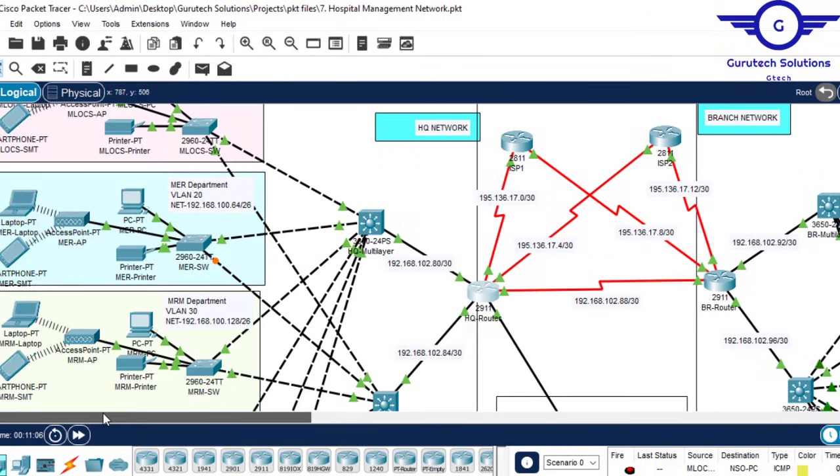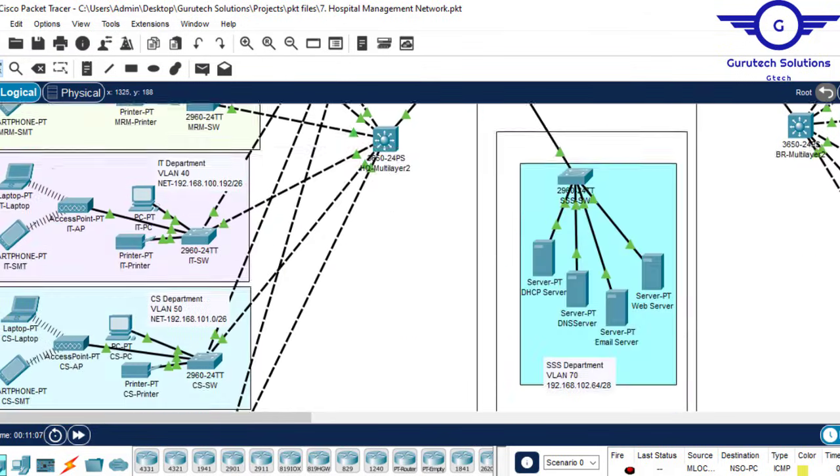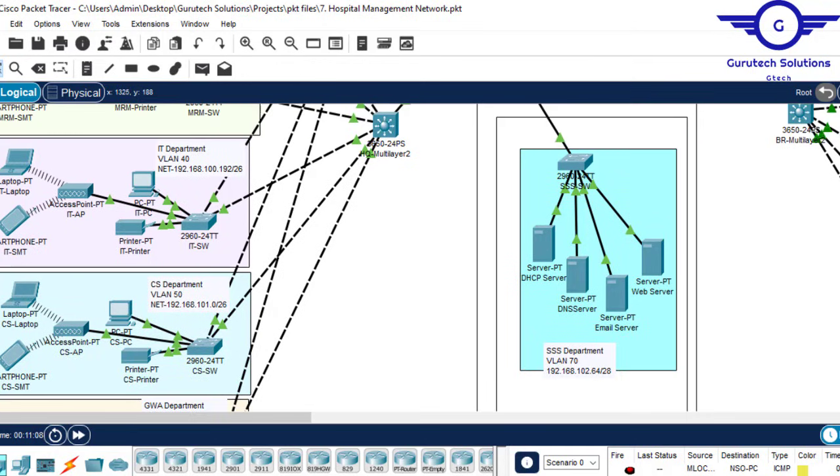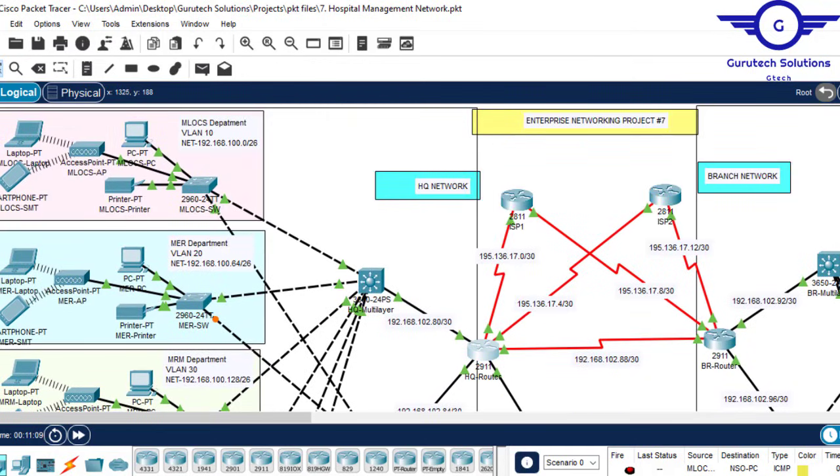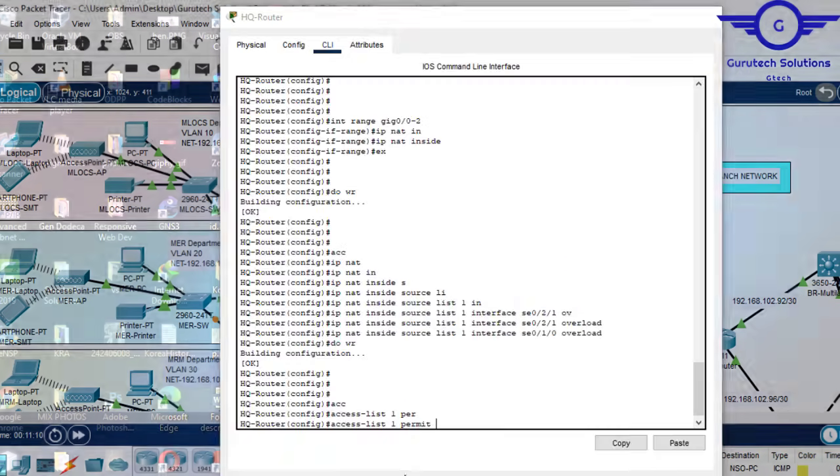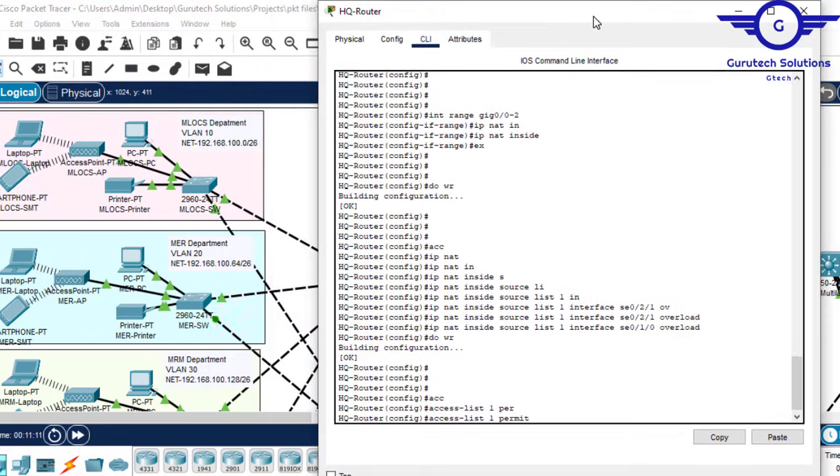So we start. We have how many networks here that we want to permit? We have 6, I think. 1, 2, 3, 4, 5, 6. Okay, so we need to permit all of these networks. The first network is 192.168.100.0, and the wildcard mask of /26 notation is equivalent to a wildcard mask of